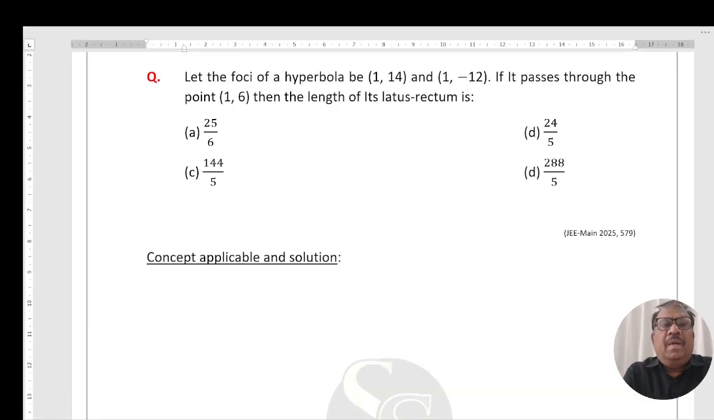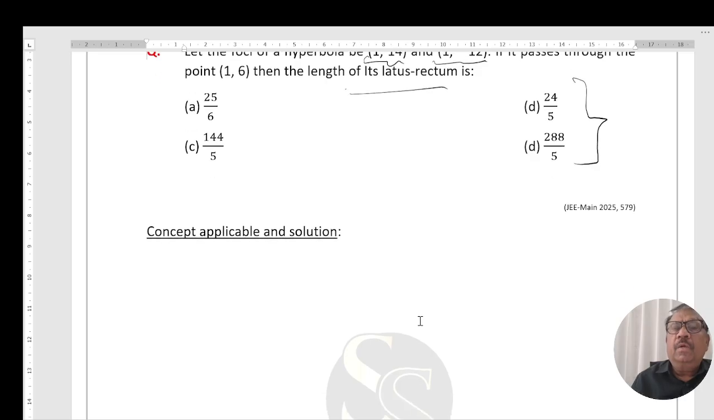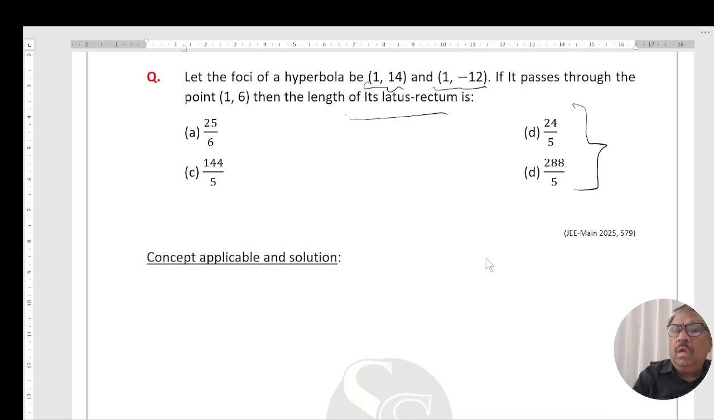Question is, let the foci of a hyperbola be (1, 14) and (1, -12). If it passes through the point (1, 6), then the length of the latus rectum is. Four options are given, one of the options is correct. Right? Now, according to the question,